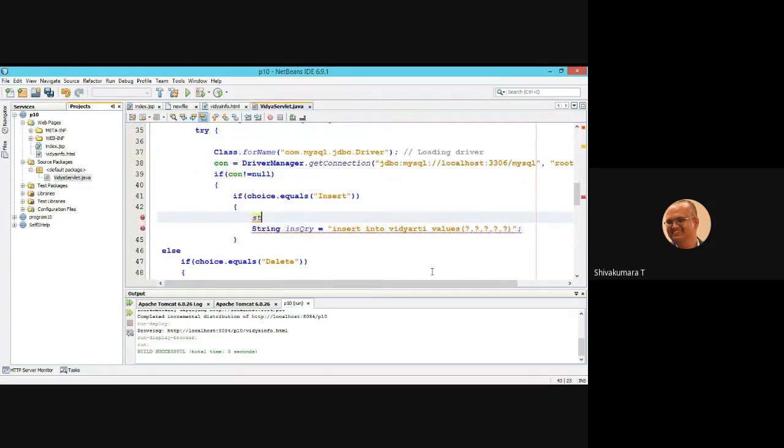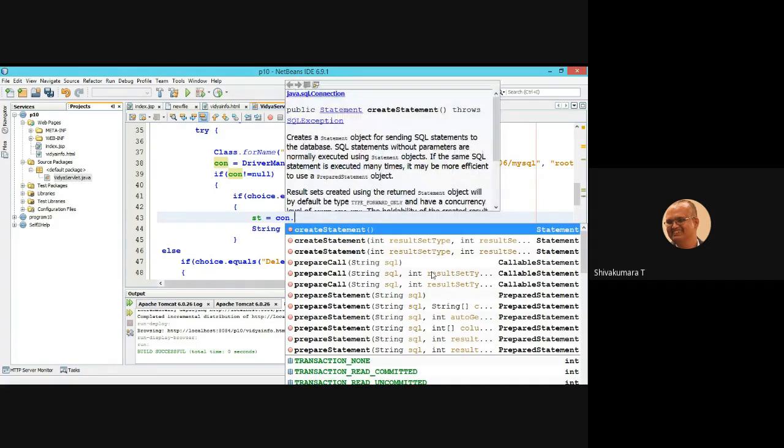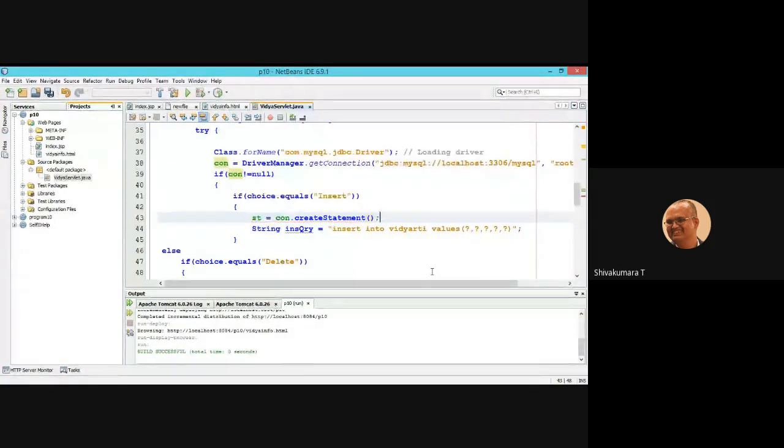You are initializing it by invoking con.create statement. Now the statement is ready.